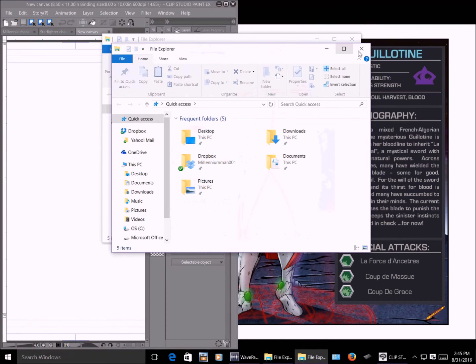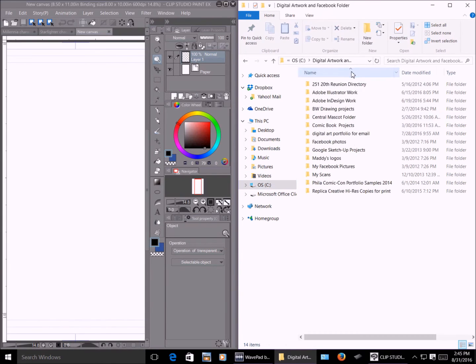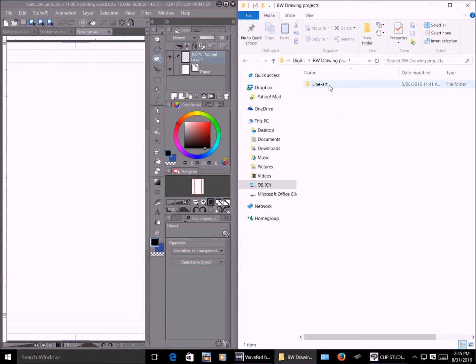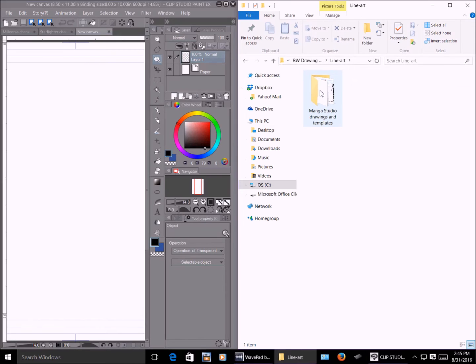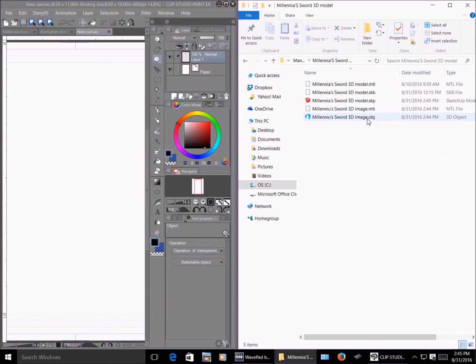Now let's go find the file. You could save it on your desktop or a special file. I decided to make a special file. Makes it easier to find. There it is. Millennium Sword 3D image.